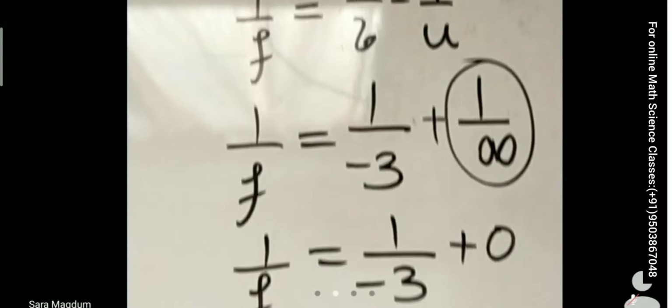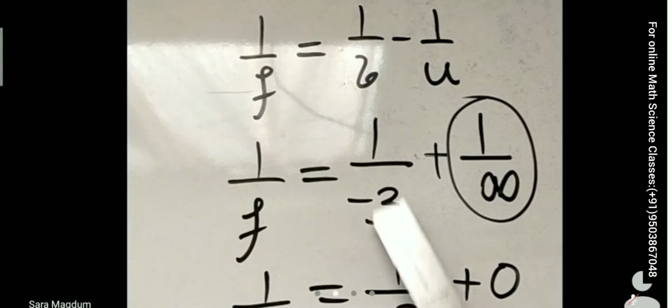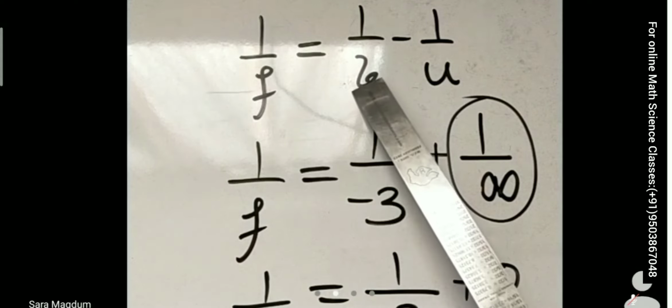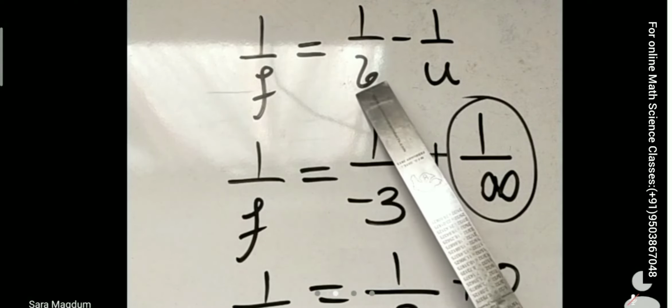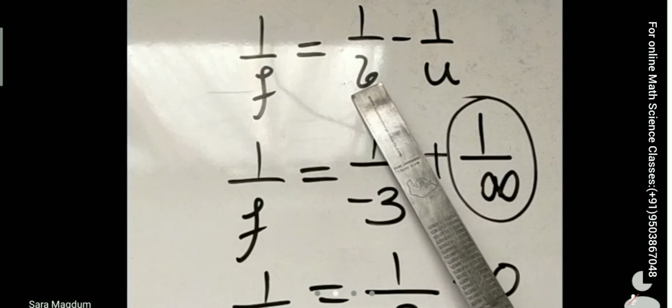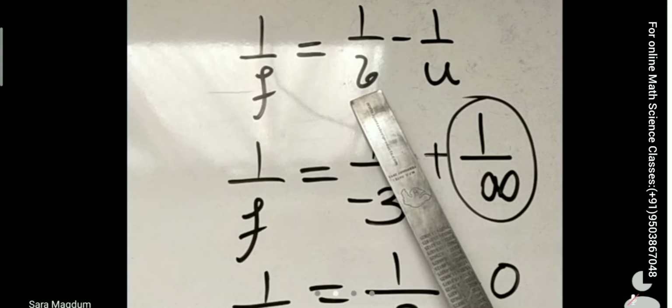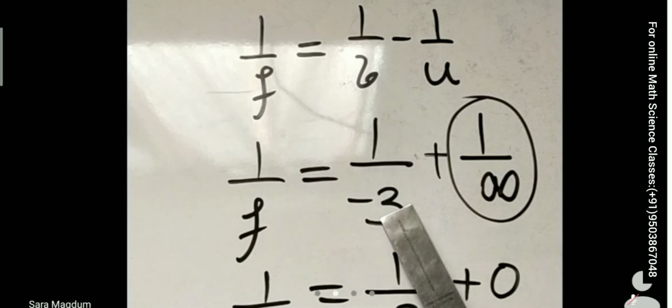Okay, let me explain again in short. The question was about a person who cannot see the objects beyond 3 meter distinctly. If that person is not able to see the objects beyond 3 meter, it means that person can see images up to 3 meter. So we have taken image distance as 3 meter. And since the lens is concave because the defect is myopia, the image is always virtual and erect. So we have taken negative image distance, that is -3.